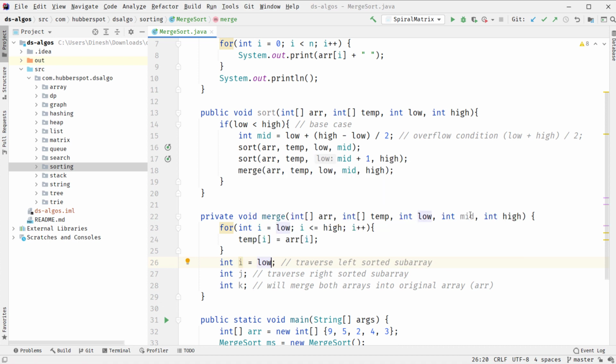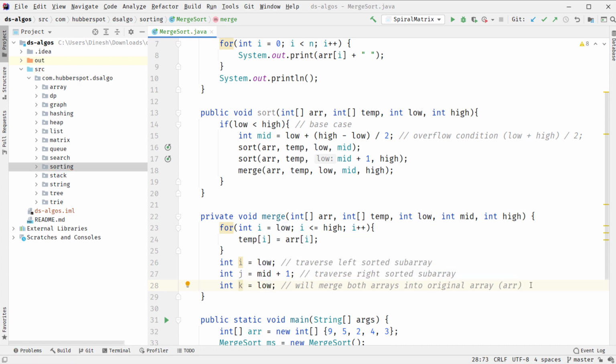and j should start from mid plus 1, because we know that the right sorted subarray is from mid plus 1 to high. We also know that as we are merging the two sorted arrays within a range from low to high, k should also start from low and it will go till high.